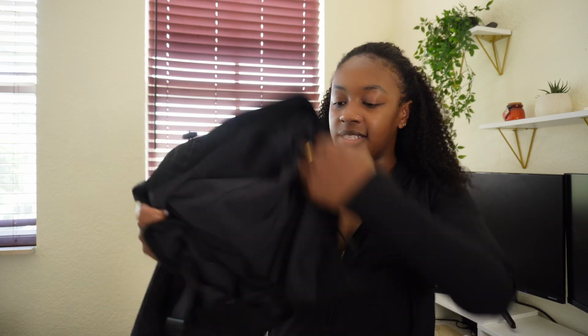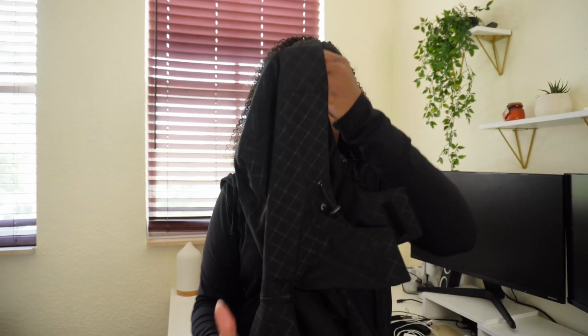It zips all the way up, a couple of pockets, and then it has a nice hood. I tried it on. It does have this little collar, and then you can pull it so that it's tight around your face. We got these gloves. I just got thin gloves. Obviously this isn't gonna stop much if it's under 40 or 30 degrees or so, but like